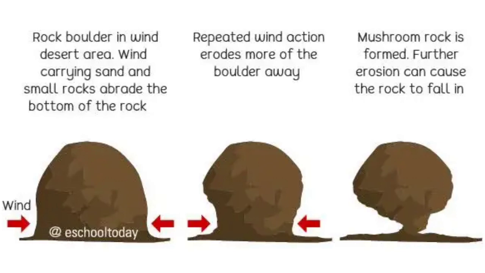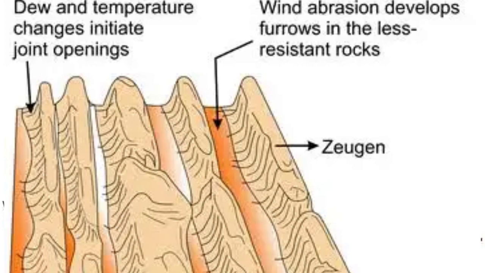As a result, the abrasion process is more, the undercutting of the rocks is more, and it has led to the formation of a shape like a mushroom. So that's why we call it mushroom rocks. Now, students, when the hard rocks and softer rocks are arranged in horizontal layers parallel to each other, the softer